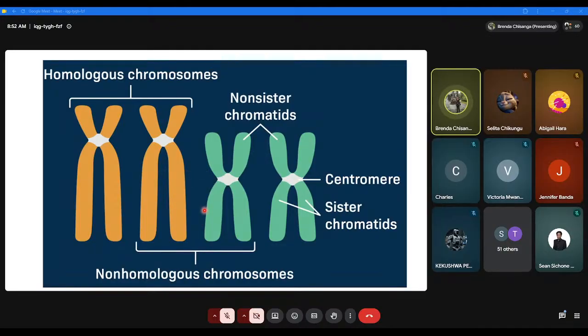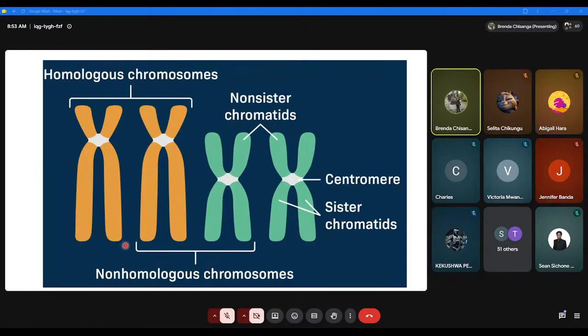In fact, you can even see the centromere position there is very different from the centromere position there. So meaning the genes that are found on this chromosome must be different from those genes there. So here you're learning about homologous chromosomes, what a non-homologous chromosome is, and also to understand that this is a